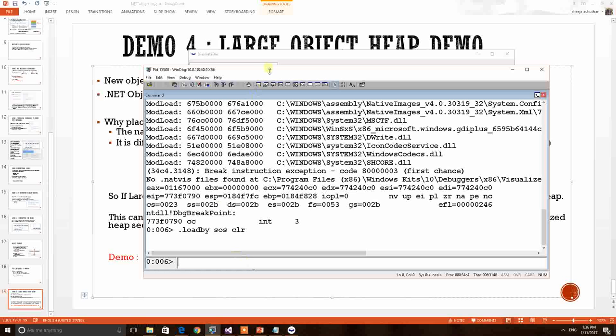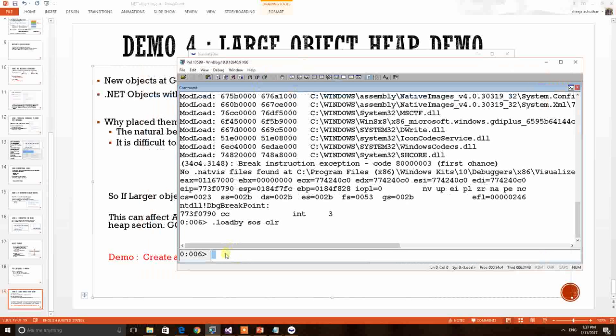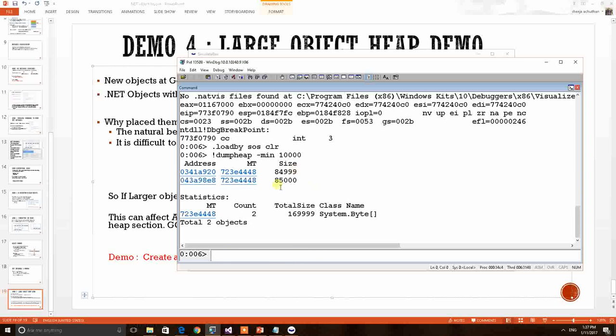Now we will go to our commands of interest. We want to print the large objects and then see where they are situated. This command will print all the objects with size greater than 10,000 from the .NET heap. There are only two objects here. This is a demo application, but in a real-time scenario you can see many objects. We are familiar with these two objects because we just created them. Let's see where this object is placed in memory.